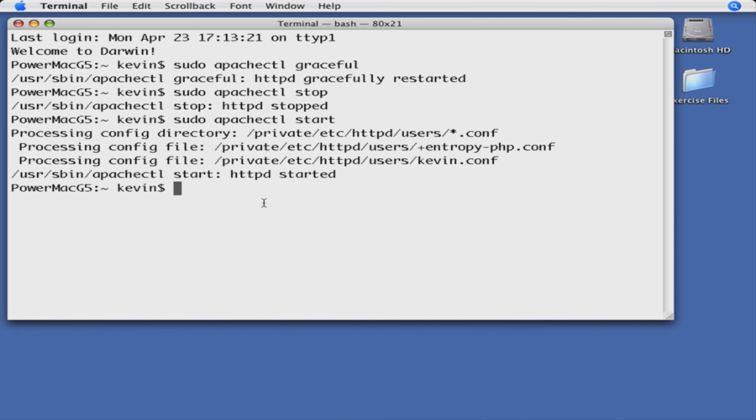You'll notice there that one of the preference files it loaded was entropy-php.conf. That's actually pulling those PHP preferences that we loaded in with that package file. And that's how it knows which version of PHP we want. Those are additional configuration files that it's loading. So to look at the regular configuration file that Apache is going to use, we're going to use cd to change directory. And then we're going to go to a path that's very similar to what's being used above. We're going to use